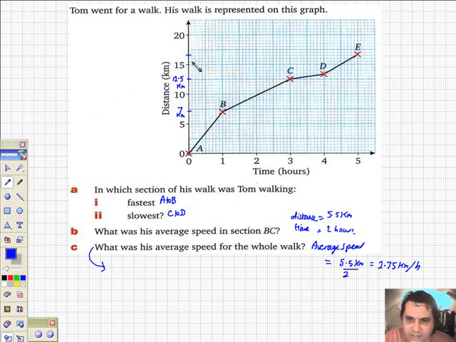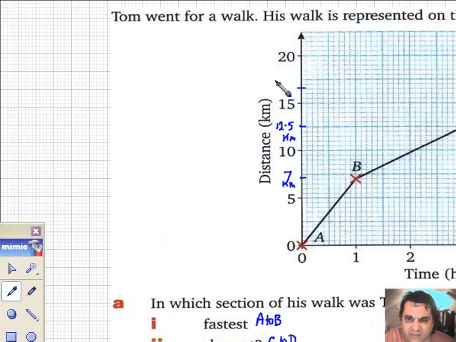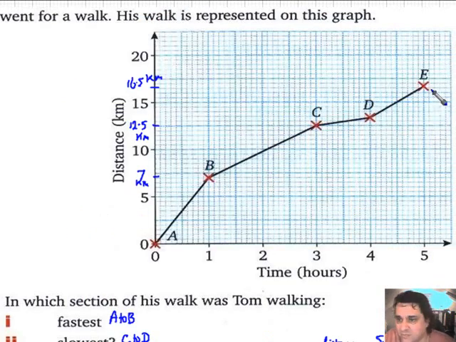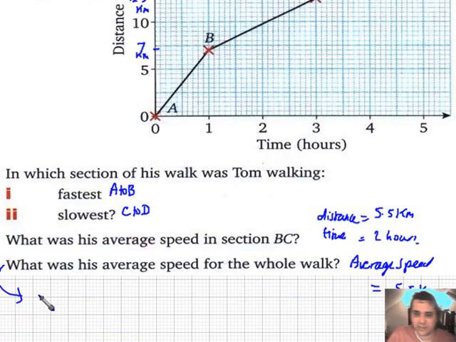So what have I got here? 15, 16 and a half. Okay, so 16.5 kilometers from my view of this, I think. That's what I'm going to go with anyway. 16.5, and it took from 0 to 5 hours. Okay then, so here we go. Average speed for the whole journey